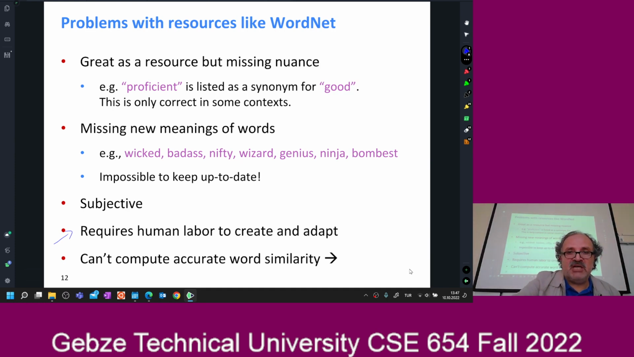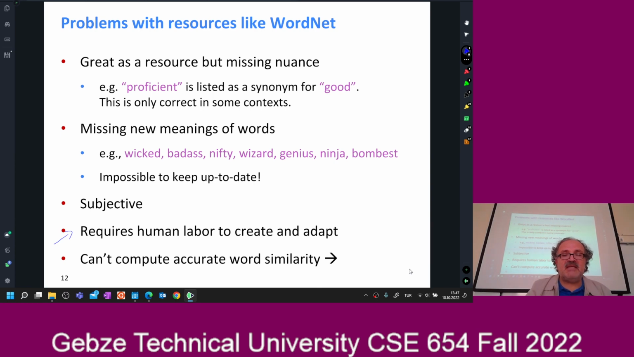For example, ninja has a very different meaning than it did 20 years ago. Nowadays, you use ninja to represent somebody that is very good at something, right? Say, ninja of the Python language means that guy is very good at Python, right? So it is impossible to keep up to date, etc. It is subjective, requires human labor,